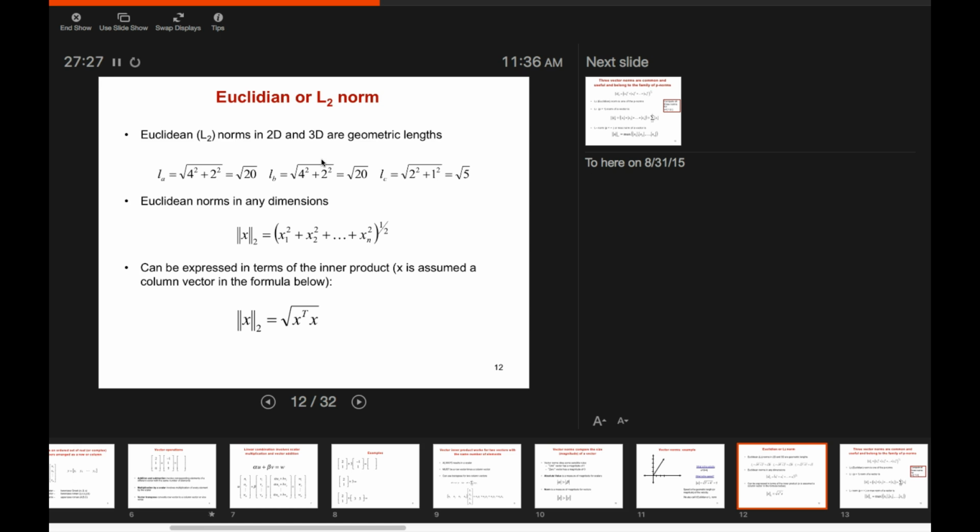Why don't we just define norms for any number? Technically, you can define any norm. So you can do the cube of x1 plus the cube of x2, actually their absolute values, and then to the power 1 over 3. Or the 4 or 5 or whatever it is. We're going to take it. But just to let you know that there's a way to generalize this, and it's actually useful in some applications